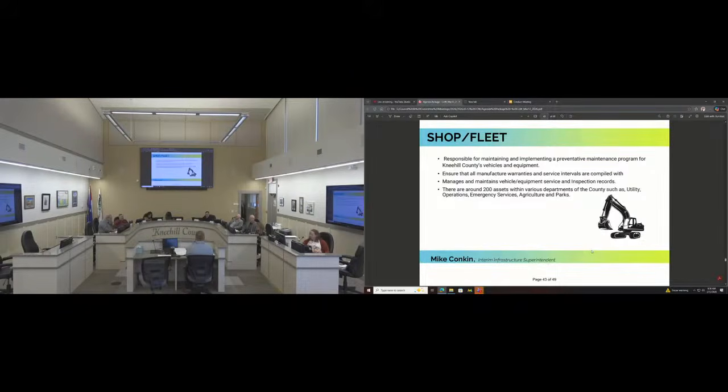So these are all anywhere from planned services to unplanned services to CVIPs to fixing chainsaws, wood chippers, anything you can imagine that needs to be repaired. Our guys are jumping on it and getting it back into service so that we can meet our service levels.